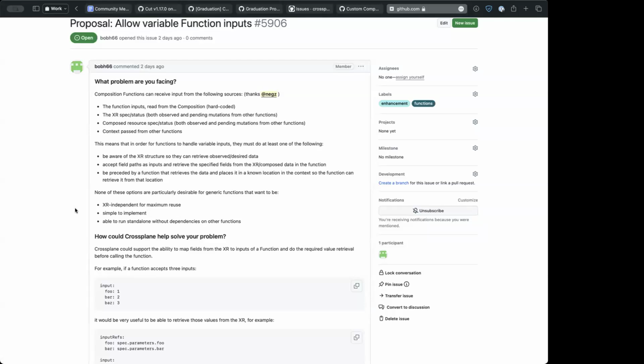And the only way to handle those inputs today would be to hard code them in a composition, or stick them somewhere in a context and have the function go get them. And it just seemed to be a little bit more useful to be able to say, you know what, assign this input to the function from this composite field path, so that we could say,